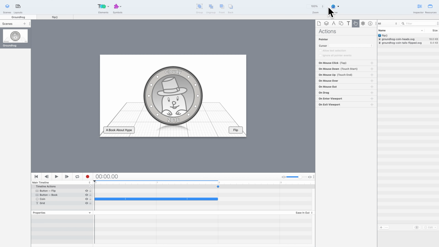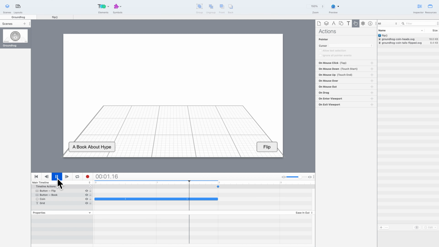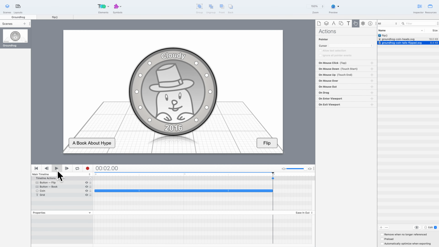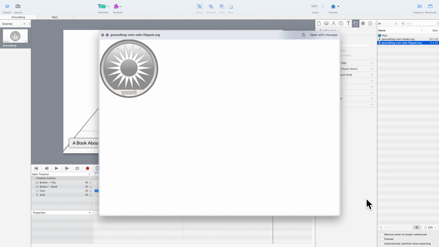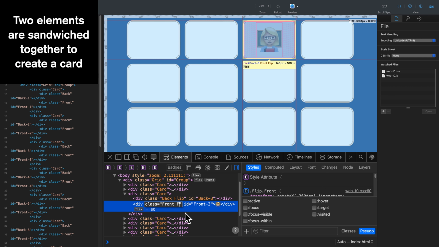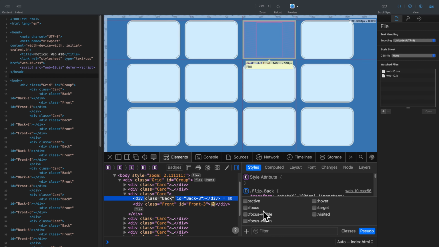That is where Hype and vanilla code can differ. You could use the timeline in Hype to control animation, but I think it's easier to just use CSS. As comparison, if you look at the Groundhog template, that's an example of coin flipping with the Hype timeline. The two separate images are being switched. One of those images is inverted. In this early template, the timeline was used to hide and show images at appropriate moments. This new example shows an easier way, but a stronger knowledge of JavaScript and CSS is required. That leads to the next part.